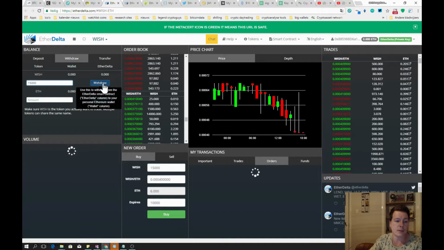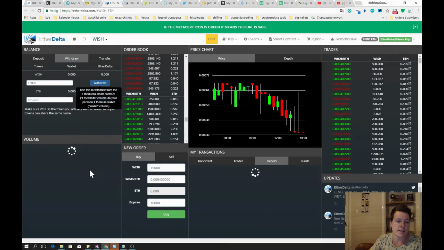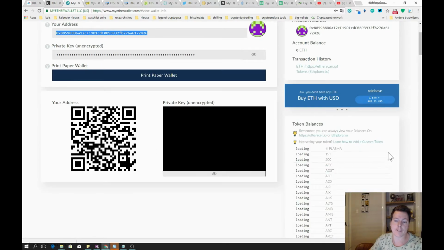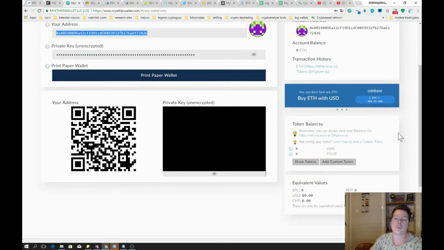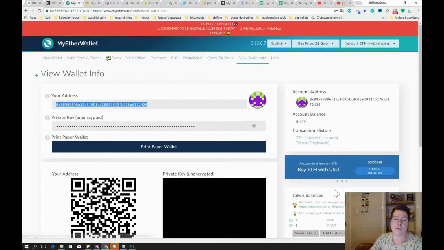And when you have done that, I don't have anything to withdraw now, but when you have done that, the 15,000 my Wish will come right back into your my Ether wallet. So it will show right in here. You can click low token balance. I don't have any right now, but it will show you the amount of tokens you have there. Okay, so